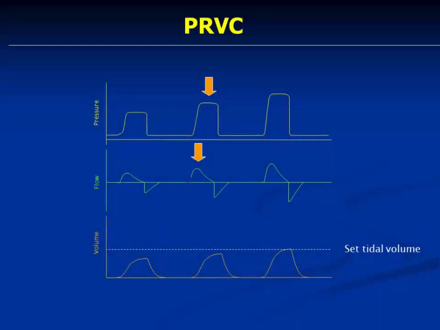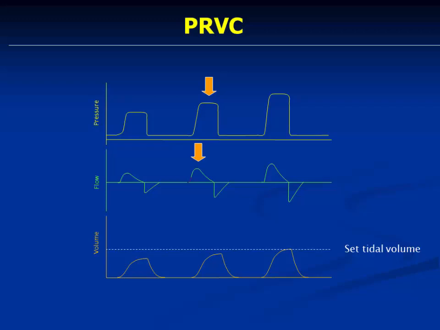I'll show you how. So the first breath is not here. That is why you are getting confused. It is looking like a pressure controlled breath. Simple. What happens? Once you switch on the PRVC mode, the ventilator will deliver the first breath as a volume control breath. So for PRVC, if you have set the tidal volume of 400 ml, the ventilator will deliver a tidal volume of 400 with a volume control breath. And on that volume control breath, the ventilator will calculate the plateau pressure. So for 400 tidal volume, whatever plateau pressure the patient is generating, that plateau pressure will work as a benchmark. And the next pressure control breath will be delivered up to that plateau pressure.